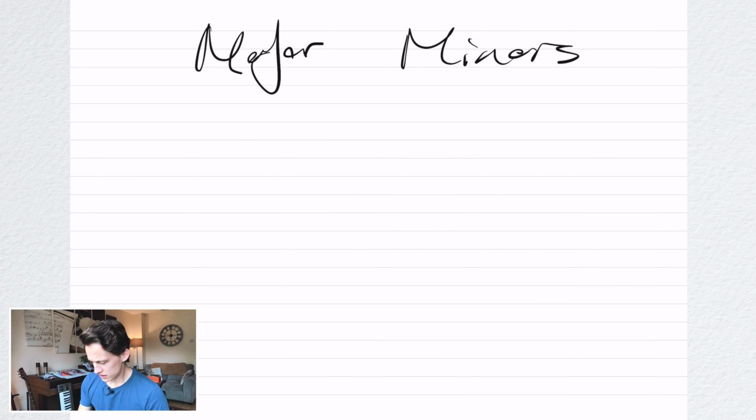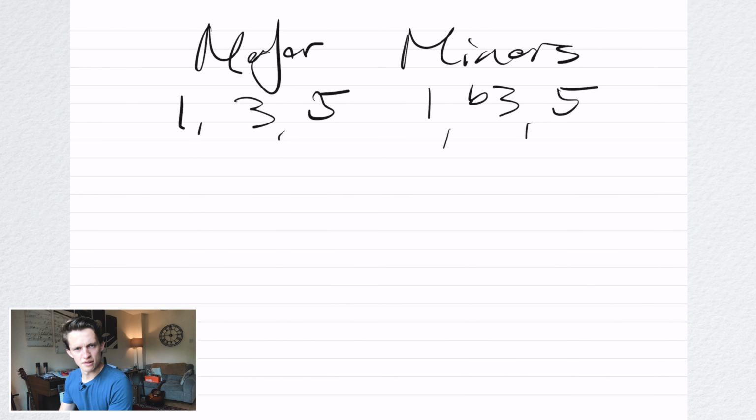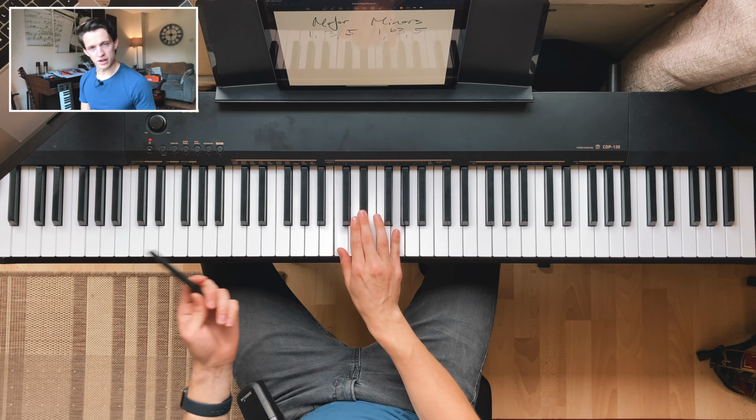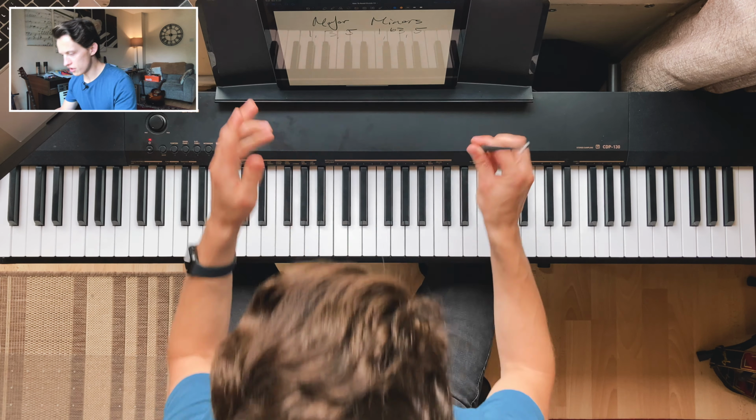Now majors were made up of 1, 3 and 5 of the major scale. So for C major, C, D, E, F, G, A, B, C, turn those into numbers, 1, 2, 3, 4, 5, 6, 7, 8. Take numbers 1, 3 and 5, turn them back into notes, and you've got C, E and G. That gets you a major. And so for minors, it's a 1, a flat 3 and a 5. It's the flat third that makes it sound so sad and so sort of miserable, I guess. So major, 1, 3, 5. Minor, 1, flat 3, 5. You see, in this instance, you still take the major scale, but you flatten the third.